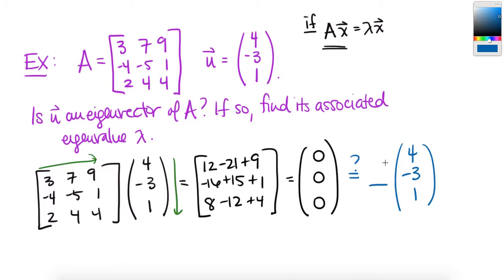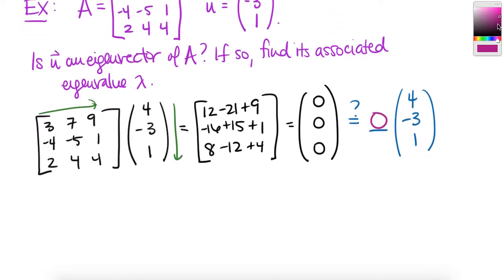Can we fill this blank in with a real number? And if we were in class, I would ask you, what scalar would make this true? Is there one? And you would say, yes, it's a 0. Okay, so our answer here is yes, U is an eigenvector